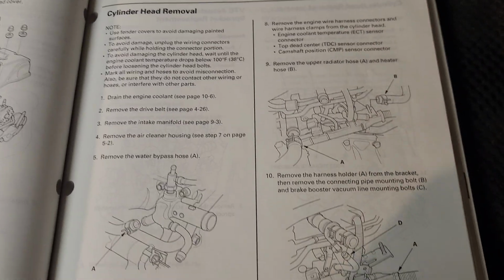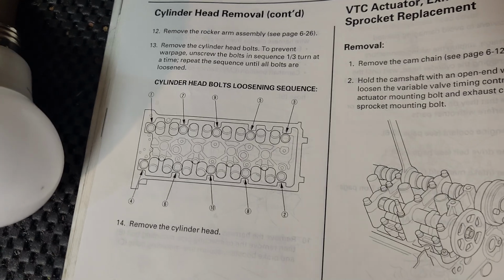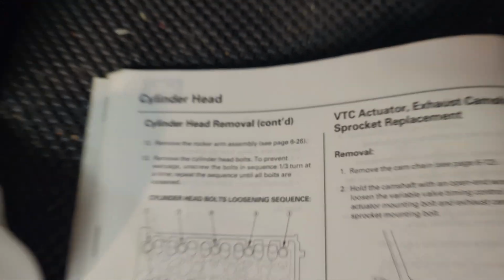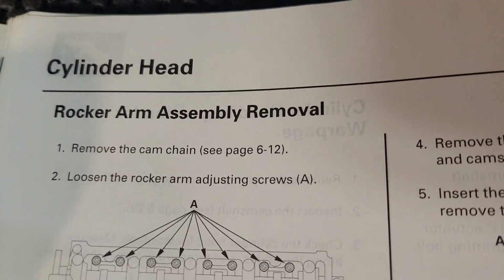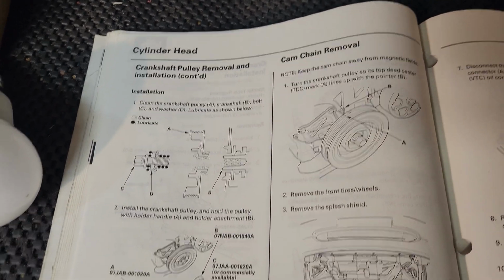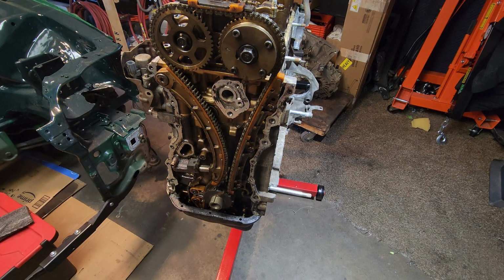Alright, cylinder head removal. Take a bunch of hoses off, unclip a bunch of junk. Yeah, there we go. Rocker arm assembly. 626. Remove the rocker arm assembly. Remove the cam chain assembly. Alright, I think I found where I'm supposed to be here. And it says take off all the cover bolts and all that crap, which is obviously already done. But then it's telling me now to